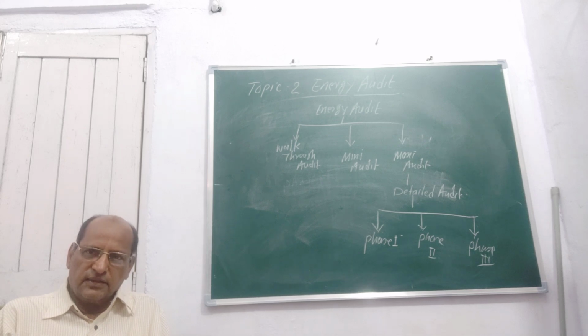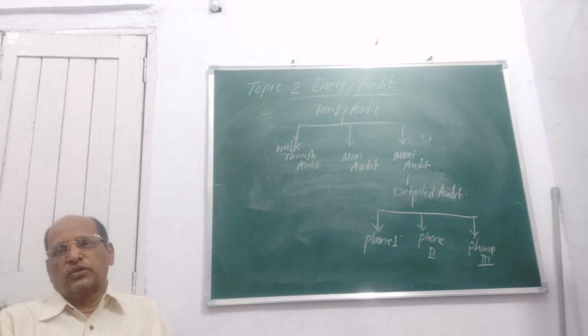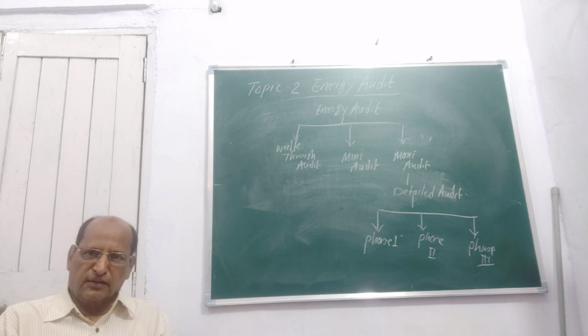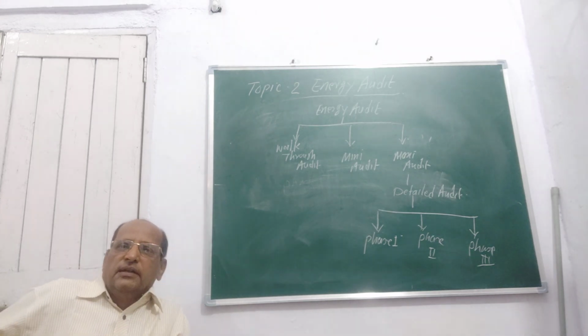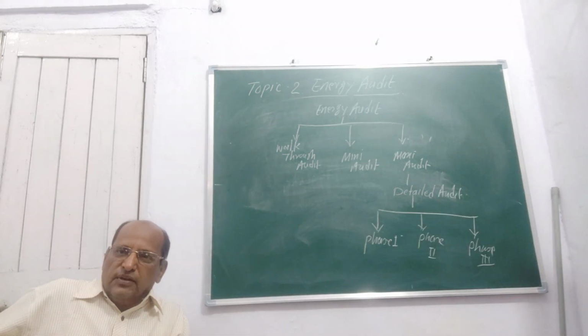If efficiency is less, performance is not good, or consumption is maximum as compared to standard consumption, then you have to apply special measures for correction in those areas so that the consumption can be reduced or brought up to the level of the standard consumption. So this will be the specified area that you have to find out in the process of manufacturing, or in different types of sections where the process of manufacturing is going on.